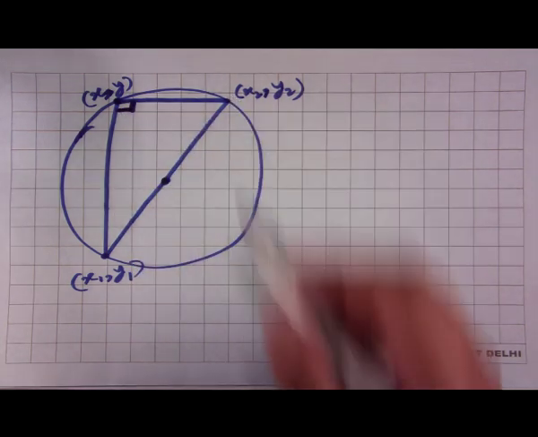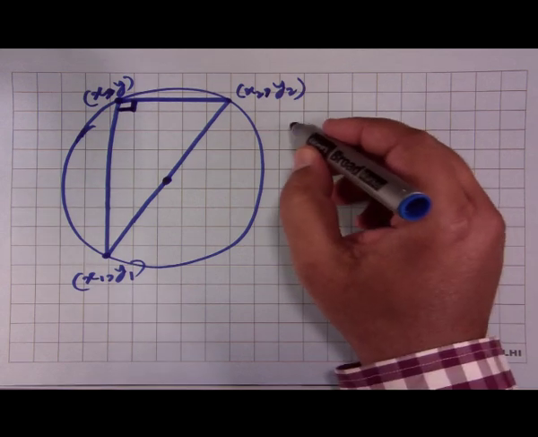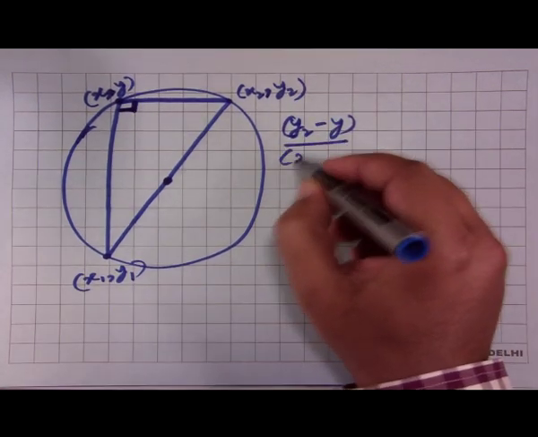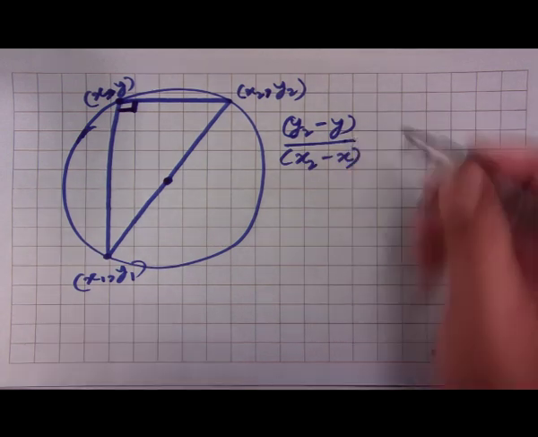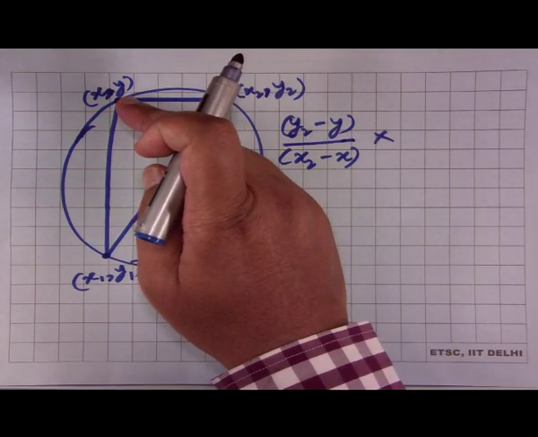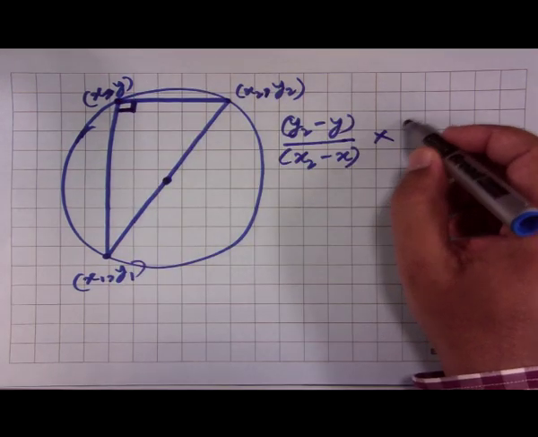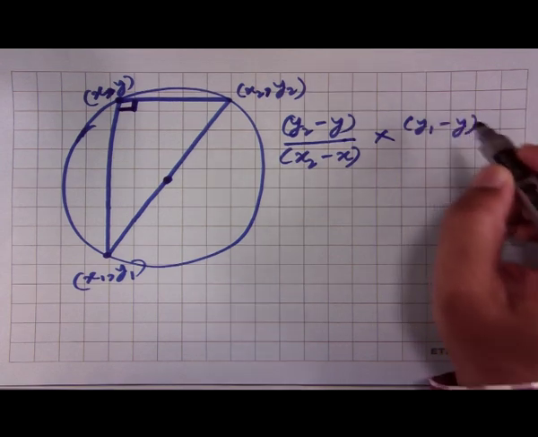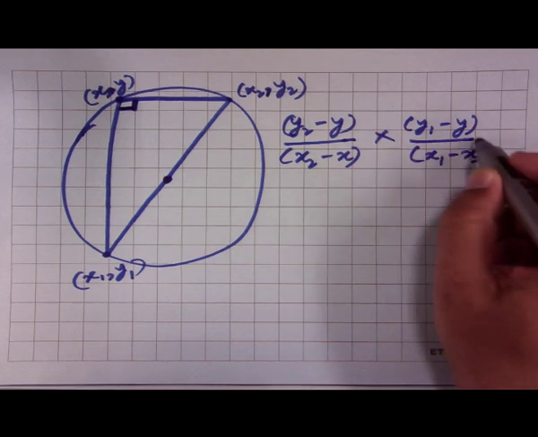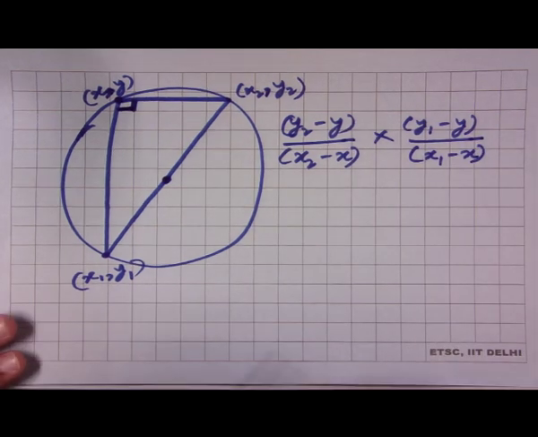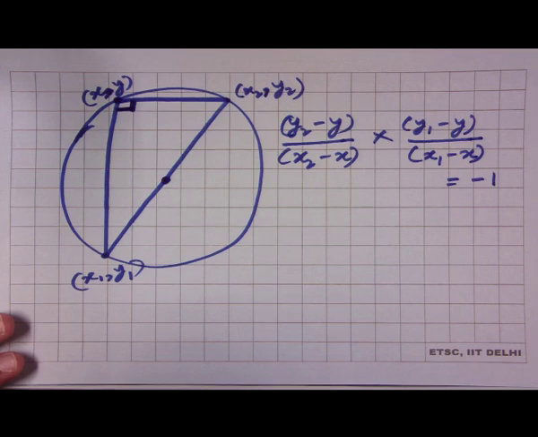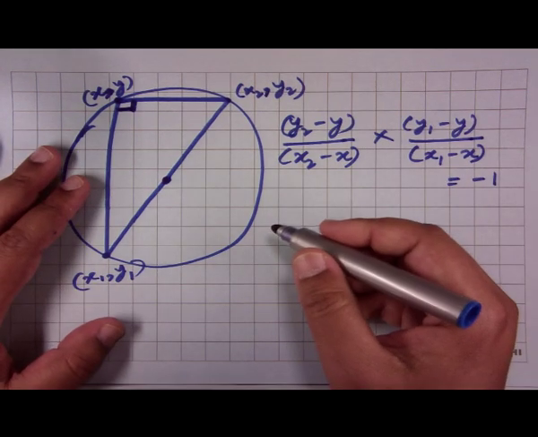The slope of this chord is (y2 minus y) over (x2 minus x), times the slope of this chord, which is (y1 minus y) over (x1 minus x), and this product should be -1. And then if we rewrite it nicely, what we get is